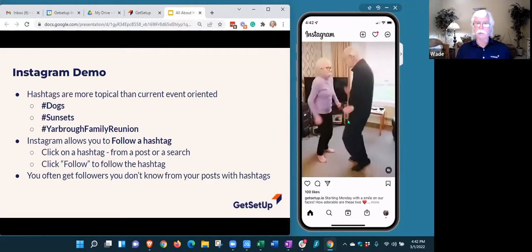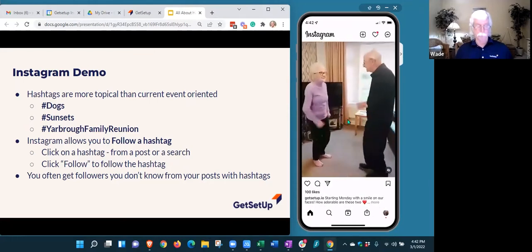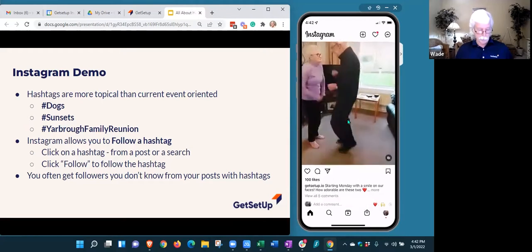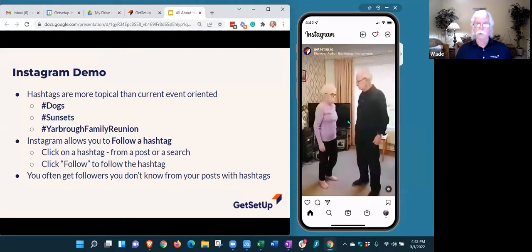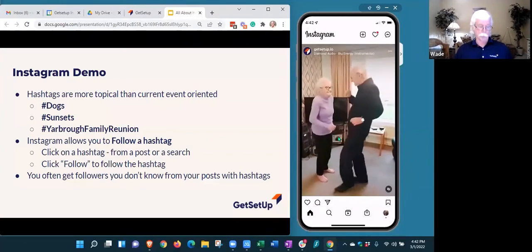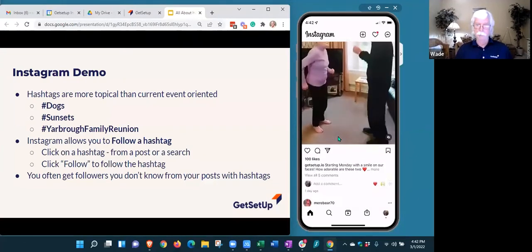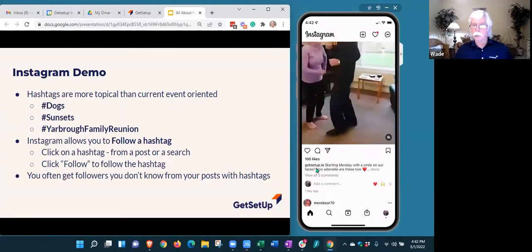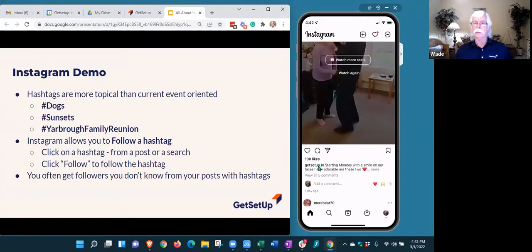Since Instagram is all about pictures and videos, typically that is how the post starts. The others all start with text. On Instagram, everything starts with a picture. And then what you had to say about the picture is down here in this little bitty font down below. It only shows you the first two lines, but I can click more to see the entire thing, and it's called a caption in Instagram.